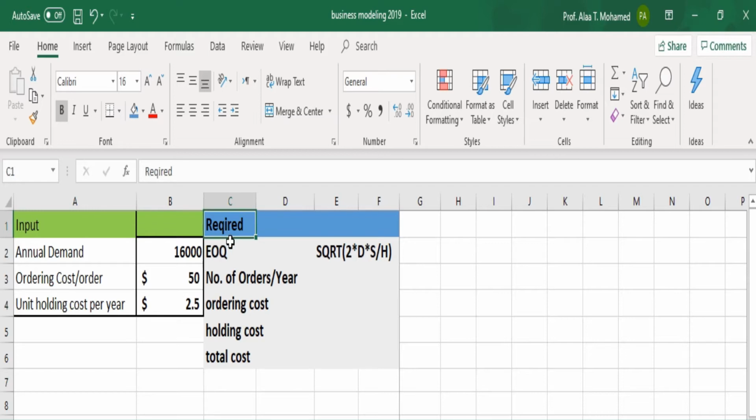So the required, calculating the economic order quantity, the number of orders, and the ordering cost, and then the holding cost, and then the total cost. And our main formula is that economic order quantity equal